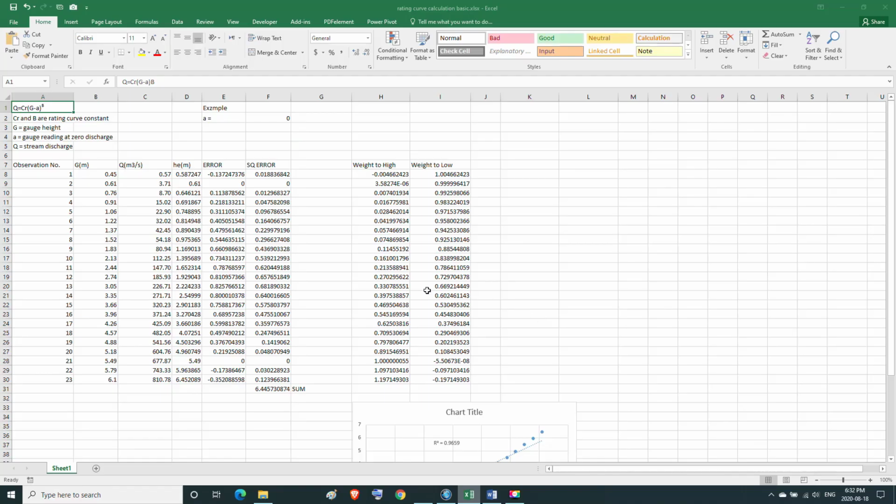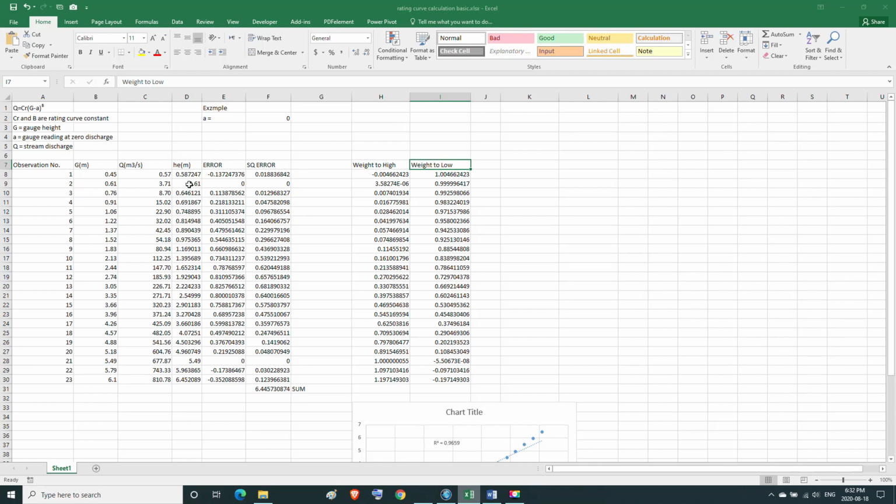In the previous part, we made an initial prediction for the values of the water level in the station, or gauge height, for the rest of the discharges through interpolation, using the two known values of the water level in the station, or gauge height, at the low discharge and the high discharge.